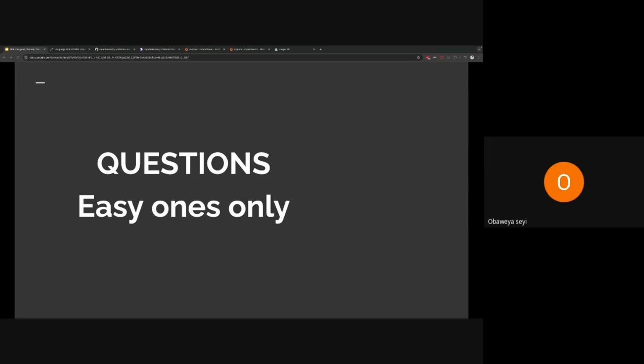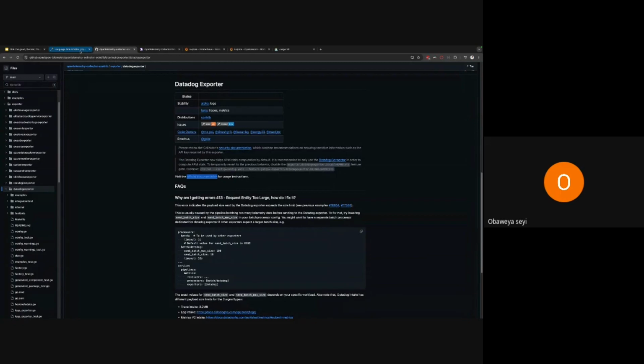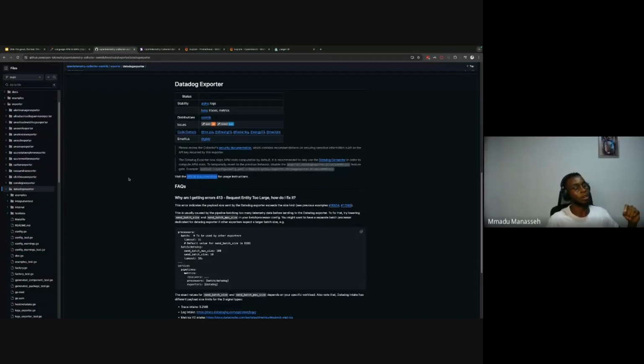Is there any way to automatically scrape all your endpoints using Otel? Does it have a way to, or do you have to specifically define scrape targets, which can be a problem if I have to start doing that for each application? All right, so cool. With service monitors, right?